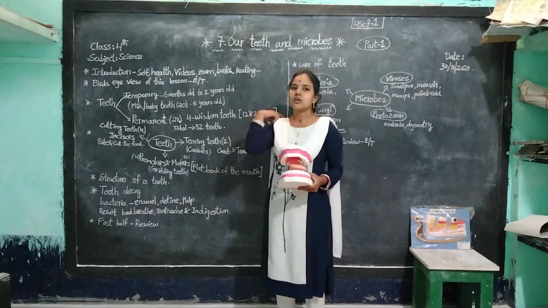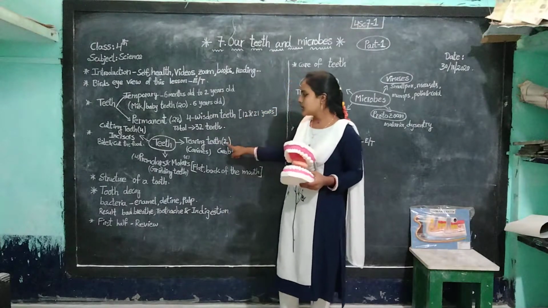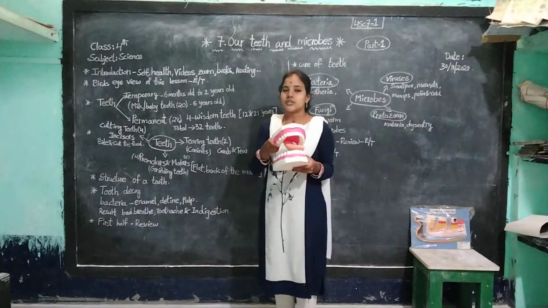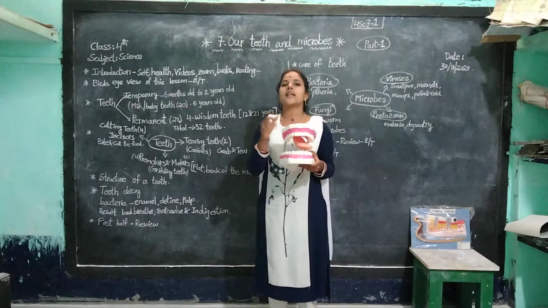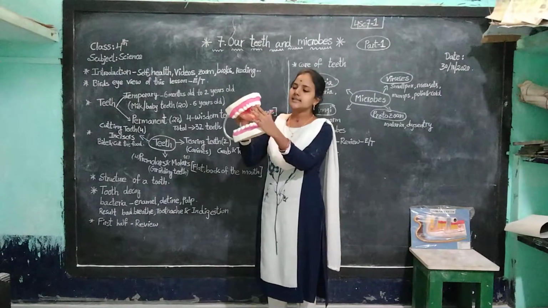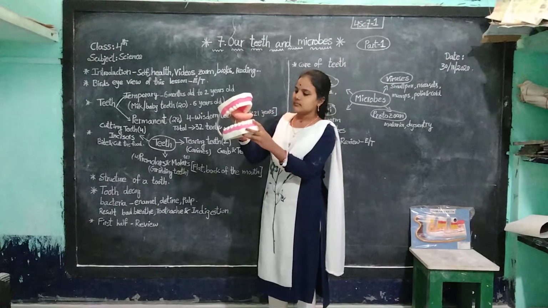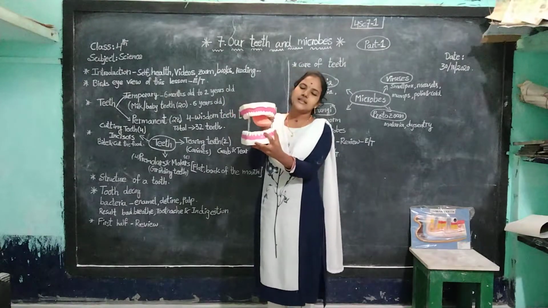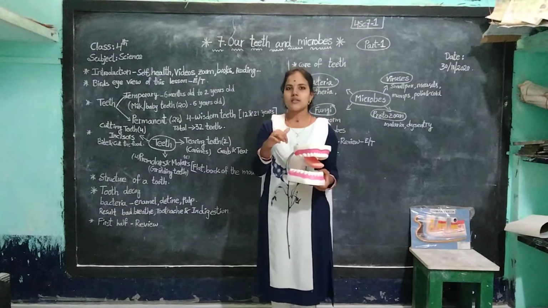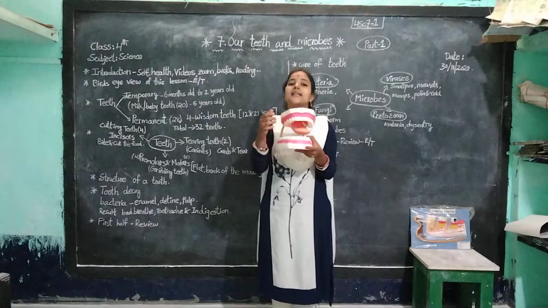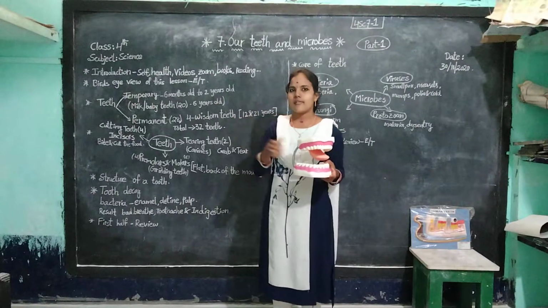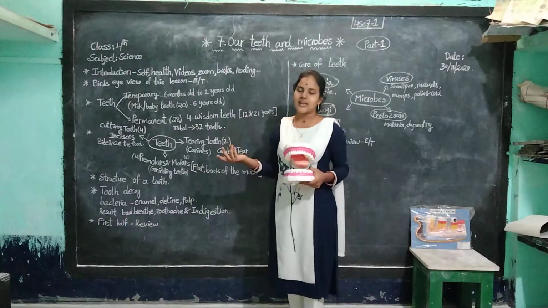How many canines in our mouth, children? In each jaw there are 2 canines. Jaw means పై దవడ కింద దవడ అలా అన్నమాట. Jaw means దవడ. In each jaw there are 2 canines. Once you see, the middle 4 are the incisors, and after that, next to them, these are the canines. The middle 4 are the incisors in the upper jaw and lower jaw, and next to that are the canines. They are like a chisel because they are used to tear the flesh, tear the food or flesh, anything.